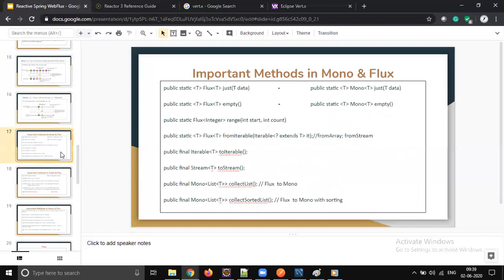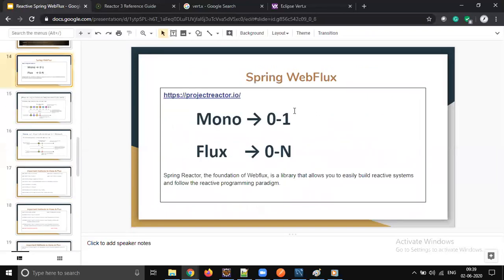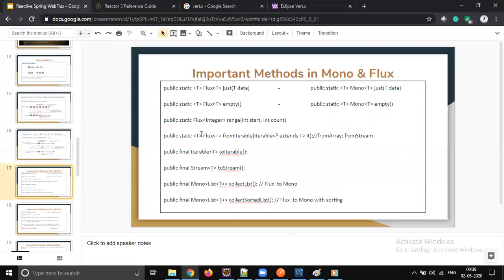From here we will start using the methods. As already discussed, these two are classes, and in Java classes we have methods. So learning about Mono and Flux is nothing but understanding how the methods behave in that class.